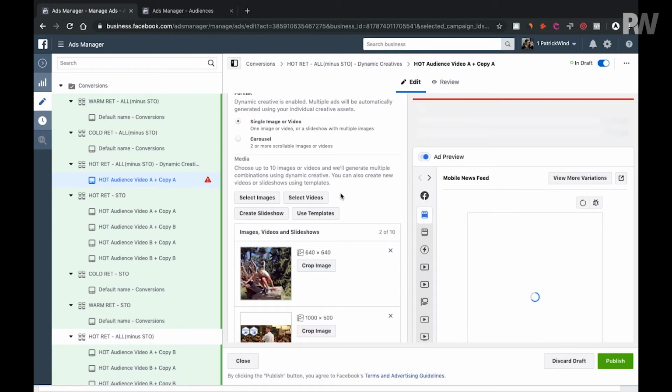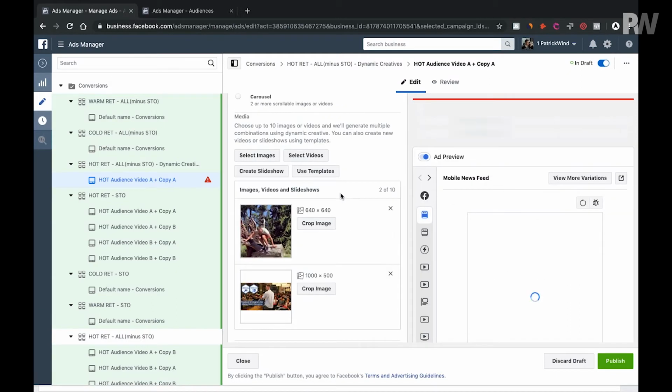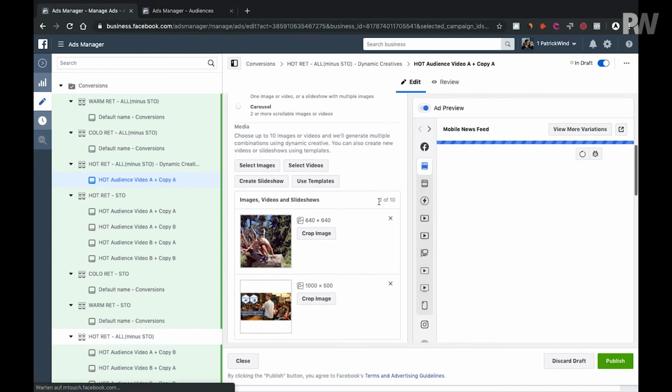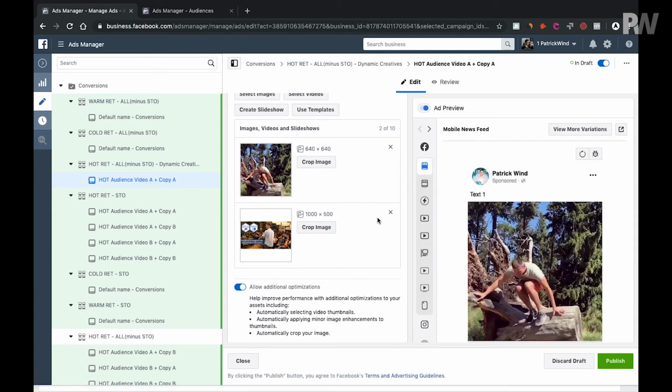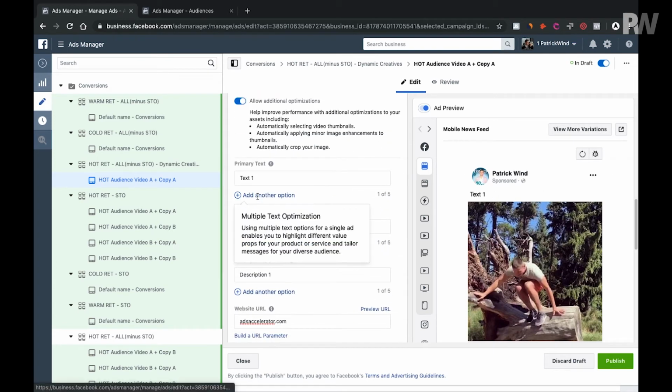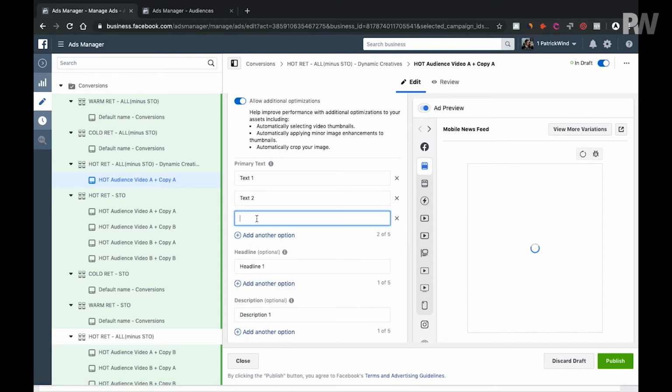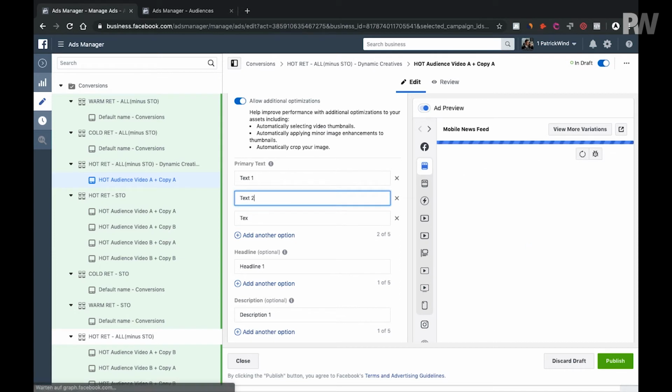And the cool thing about dynamic creatives is that you can upload several of these different ad elements. So not only several pictures, right? But you can also upload several texts, like for example, text 2, and also text 3, whatever, right? And here you can see the different variations when you click there. And this will help you, especially when it comes to